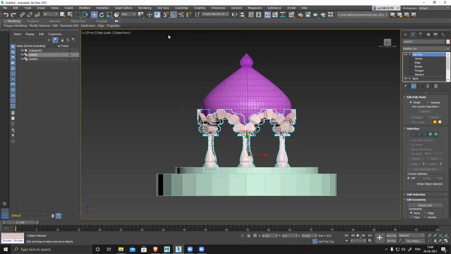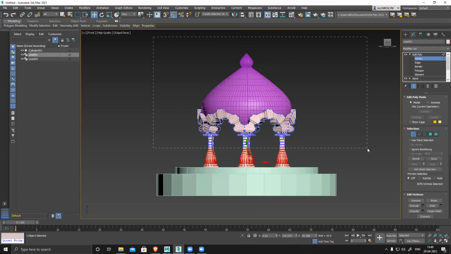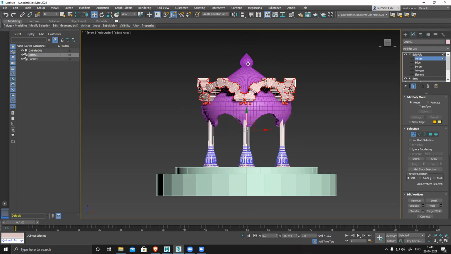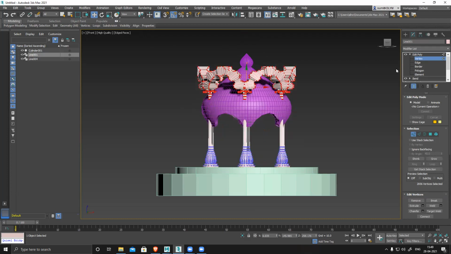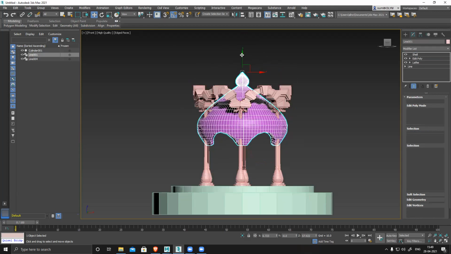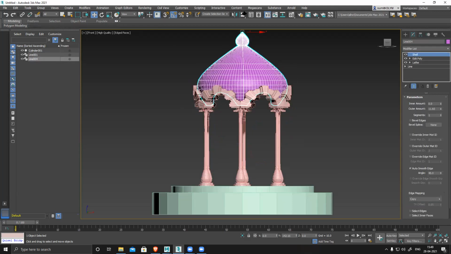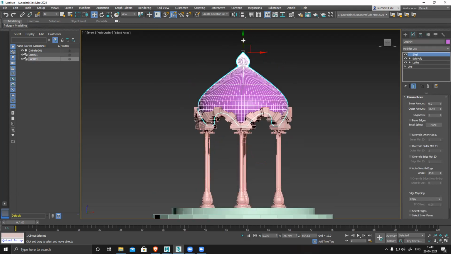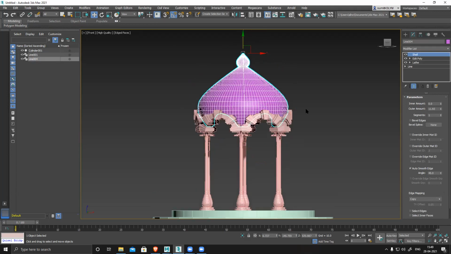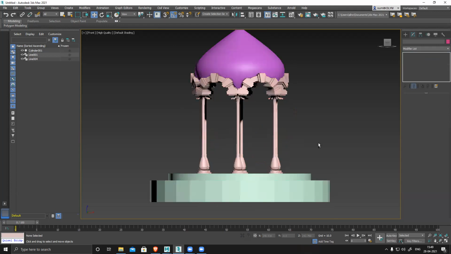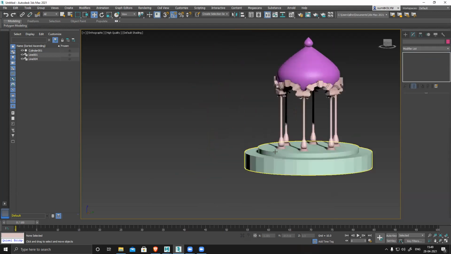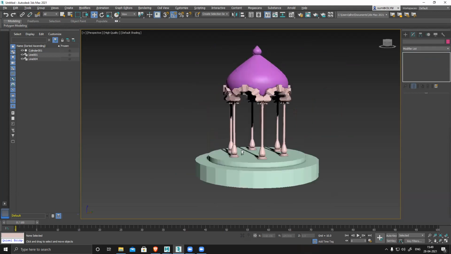Or vertex mode. So like this, push it up. Push this thing also up. Yeah, this is much better. Looks a bit elegant. Previously, it was a little odd.